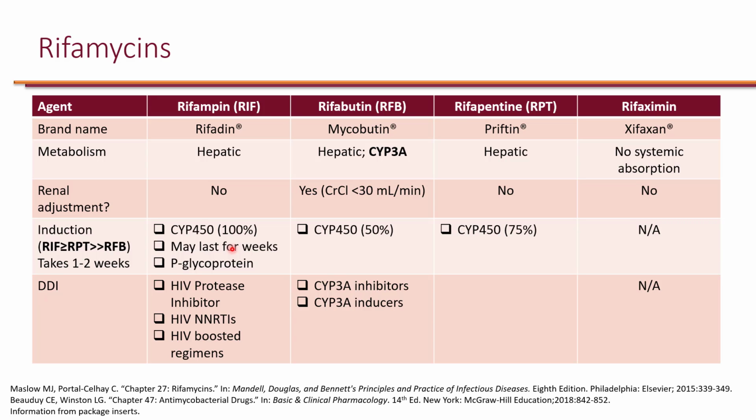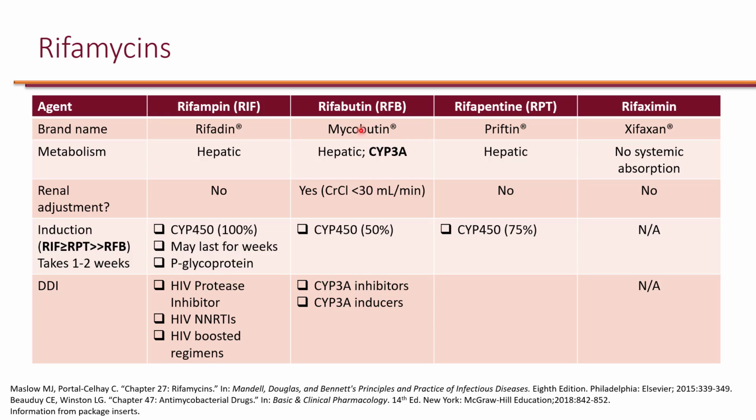So if a dose of a drug is increased to compensate for rifamycin effect, it is critical to reduce the dose within 2 weeks after rifamycin discontinuation. Rifampin is hepatically metabolized. It is not a substrate for CYP enzymes itself, and it doesn't need to be renally adjusted. It can also induce P-glycoprotein, so that's also one of the reasons for drug interactions. So in general, HIV protease inhibitors, non-nukes, and anything that's a boosted regimen interacts with rifampin because it's a strong